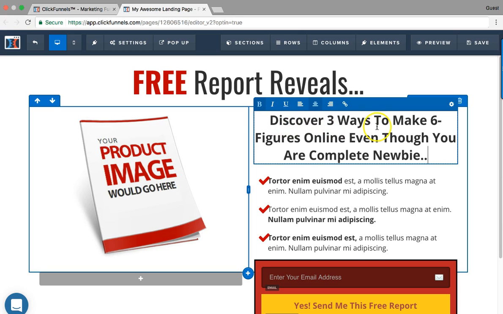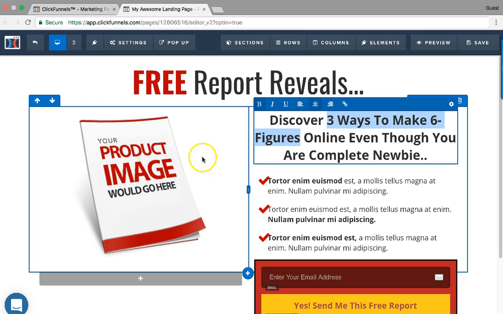Start with "how to," and start with numbers, because people are always curious. This is very visual. That creates an image inside people's heads, like if you follow these 3 ways, they can make 6 figures, and everybody who's not making that money would love to make 6 figures. So it creates curiosity. And make sure that this title is also related to